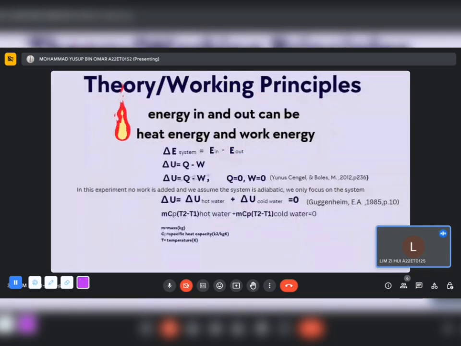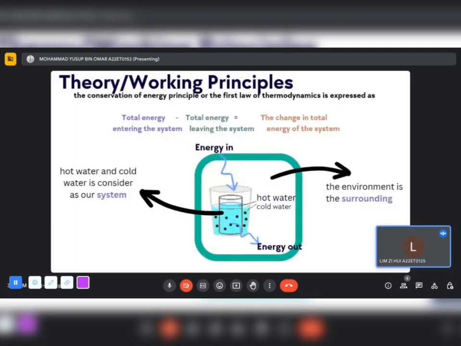In this experiment, the energy in and energy out can be heat energy or work energy. But in this experiment, we assume that